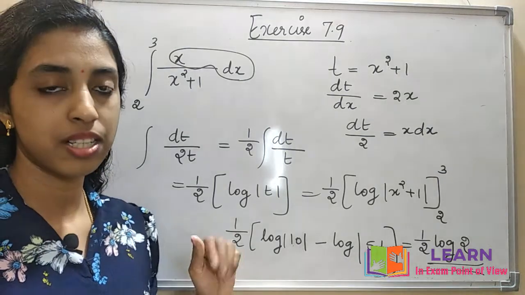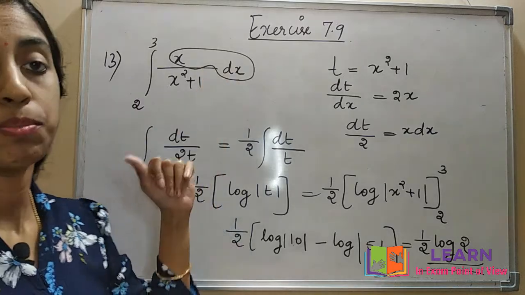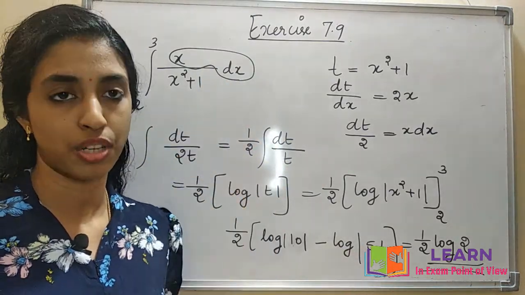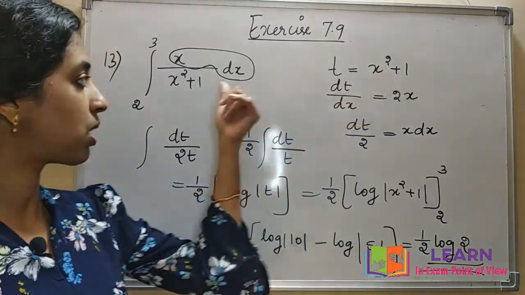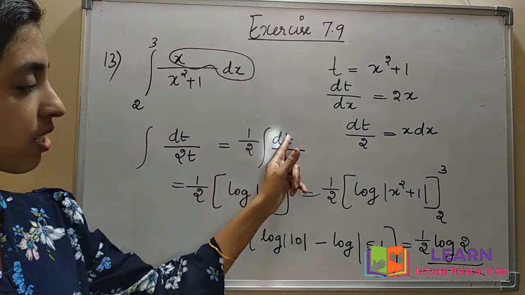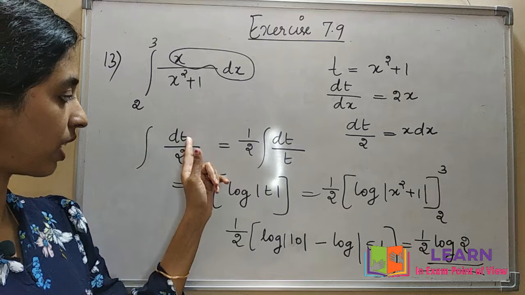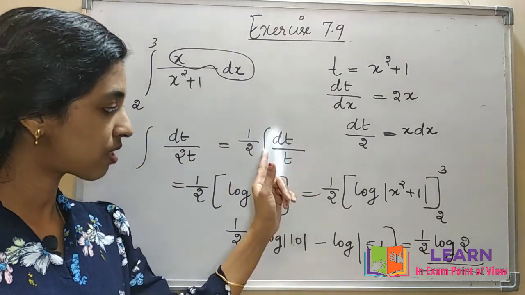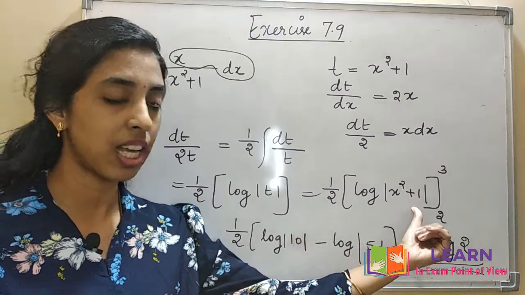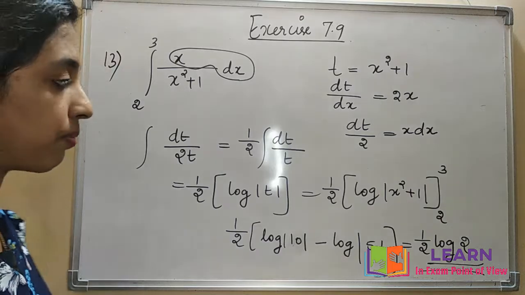It's simple, right? We have already learned how to integrate this. That is the substitution method. Applying limits only, so it's just a revision. Here t is x square plus 1. Differentiating this, this term we have replaced as dt by t. Sorry, dt by 2t. Then this half we have taken outside. Then after applying the original x form, apply the limits. Okay. So next one we can check.